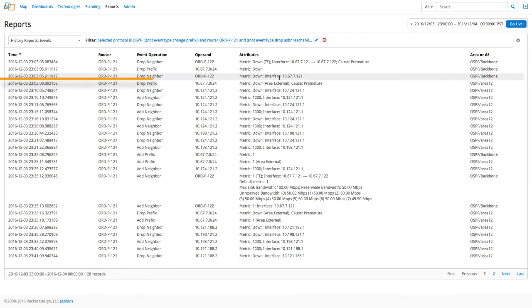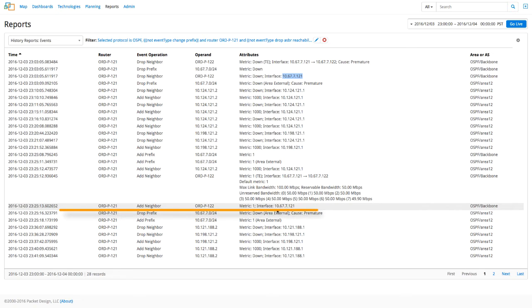The events show that the ORD121 router has triggered a drop neighbor event with ORD122, which is connected through this interface. The list also shows us another event 20 minutes later where the ORD122 router has been added as a neighbor by the ORD121. Now, to analyze how these events affected the routing performance, we go to the map view